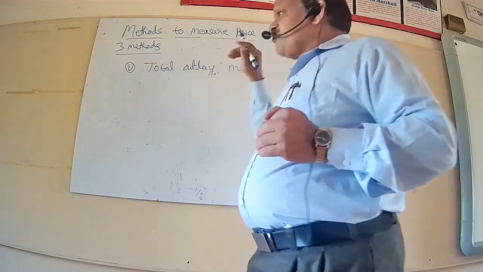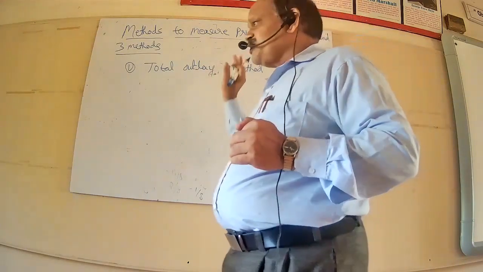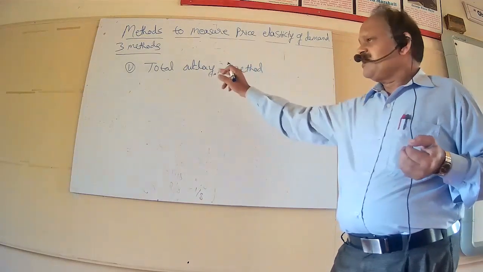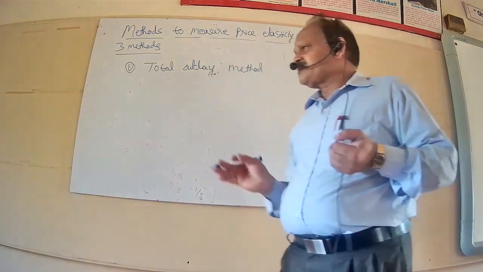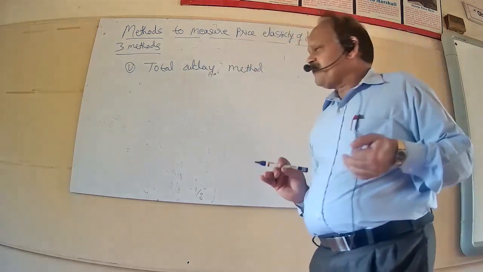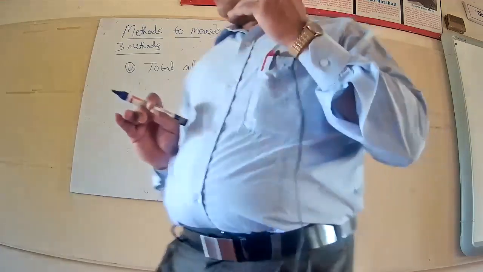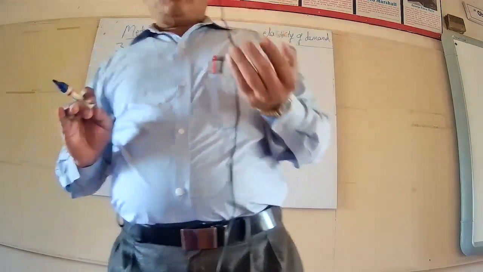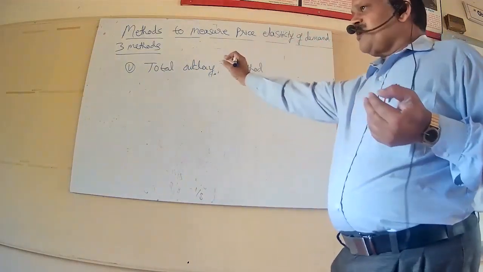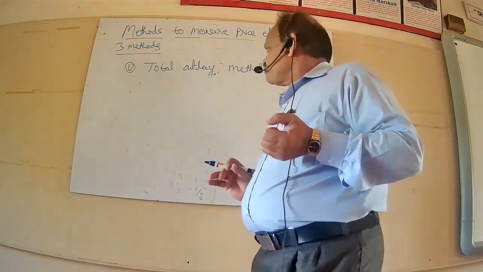As the price of a commodity decreases, if the total outlay made on that commodity keeps increasing, then it can be identified as the elastic demand or relatively elastic demand. As the price of a commodity falls, if the total outlay made on that commodity keeps increasing, then that type is identified as the elastic demand.